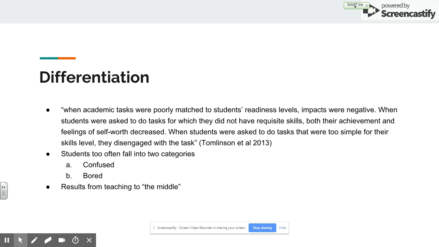In 2013. So this is basically the idea of teaching to the middle. Oftentimes, students become confused. They become bored. It says it right here in the study, whenever teachers teach to the middle and try to use one teaching strategy for all students, this is basically a recipe for failure. We're not helping our students because we're not appropriately identifying their strengths and their weaknesses, and giving them a way to overcome the weaknesses and take advantage of the strengths, right? Again, this goes back as well to knowing our students, knowing their different learning styles and how they learn best.